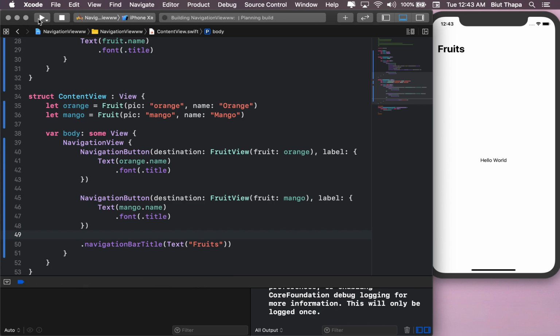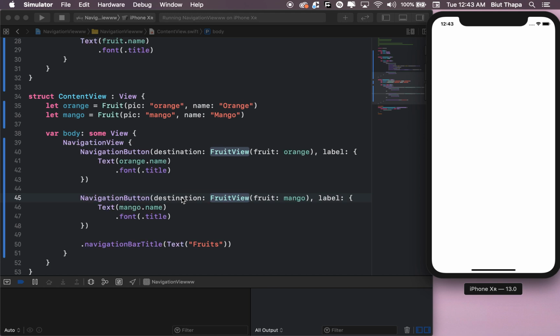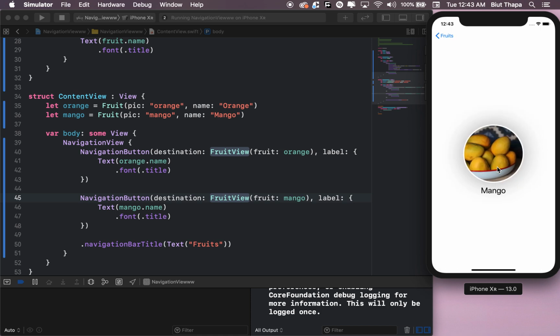Let's see how it looks, and if it doesn't look good, we can always make changes back here. Okay, this screen is fine. This is a title or navigation bar, and these are our 2 navigation buttons. Let's test. I want to test mango first. Mango, and here we're getting mango. We're getting this button where we can go back to fruits, and